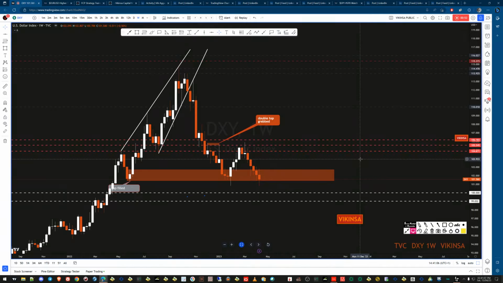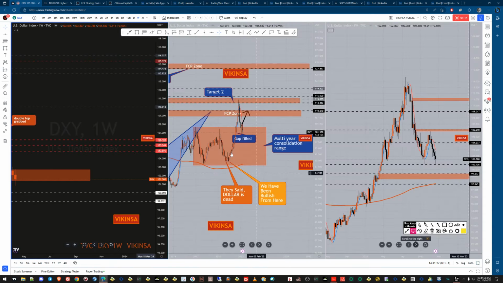So let's start with the dollar. What has been happening since I last spoke to you? I gave you these three levels here, and the market was expected to rise up into this and then fall back down. This is what was expected, and this is what has happened. But before we come to what can happen in the coming future, let's look at where we started from.